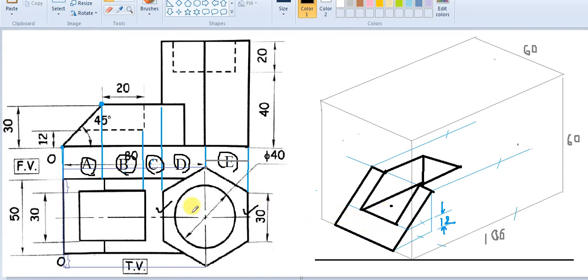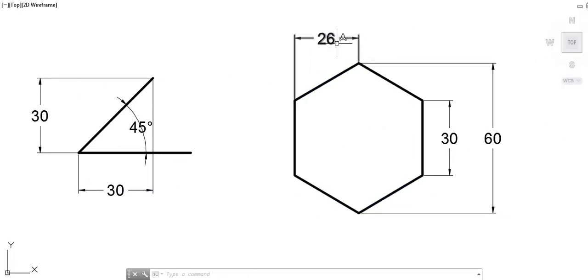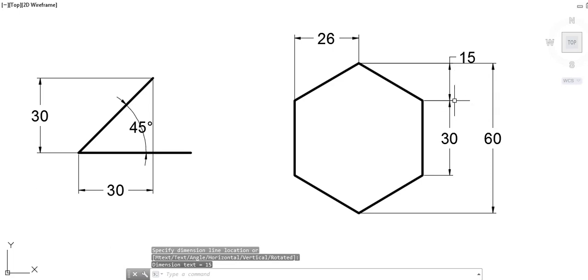Since these two are parallel with that, we can plot them easily. Otherwise, any inclined line is not easy for us to draw directly, and hence we have converted them in terms of the hexagon. As you can see, we have converted this length as 26 and this particular length as 15. So let us draw the topmost surface.